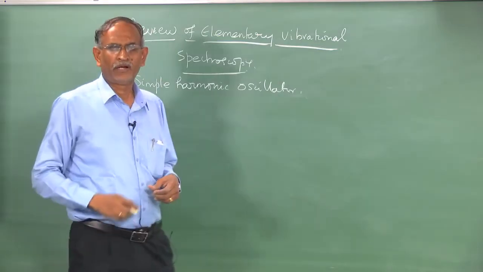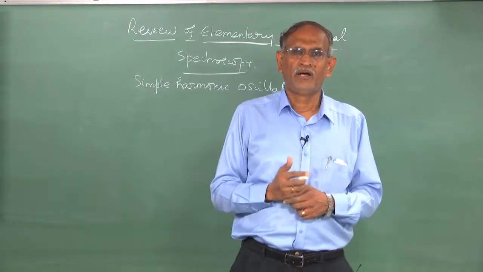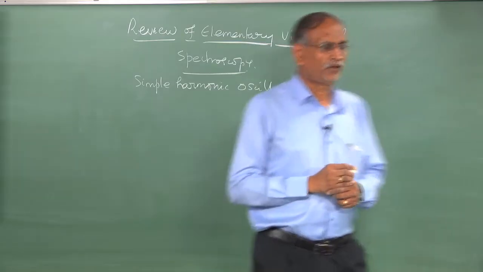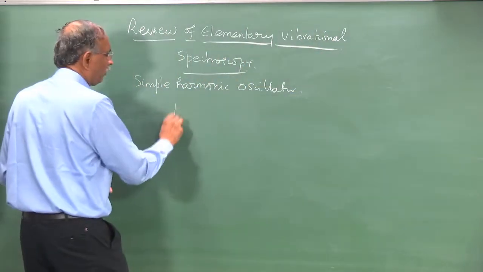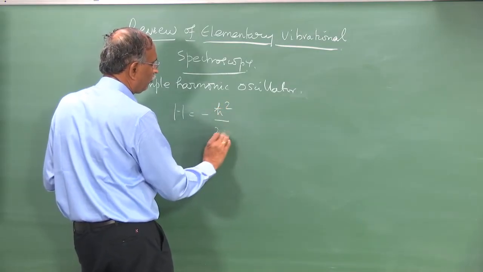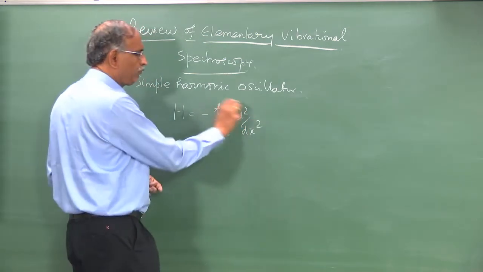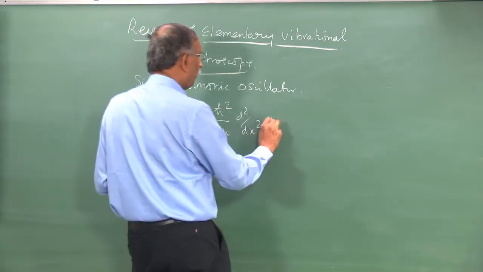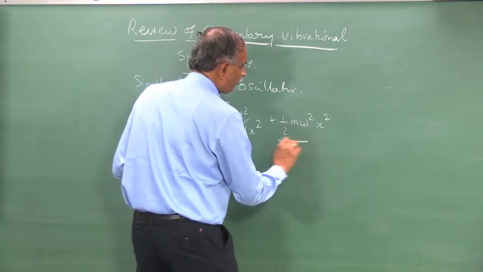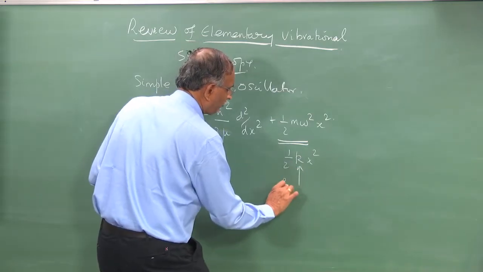I recall that I had a fairly elaborate session on the quantum mechanics of the harmonic oscillator model. I gave you the energy level expressions as well as the wave functions for the harmonic oscillator. Now recall that the harmonic oscillator Hamiltonian is the kinetic energy, p square operator by 2 mu, plus half mu omega square x square, and this is nothing but half k x square, where k is the force constant